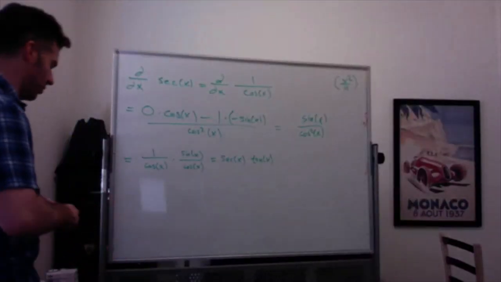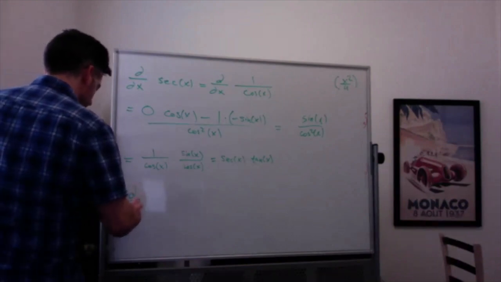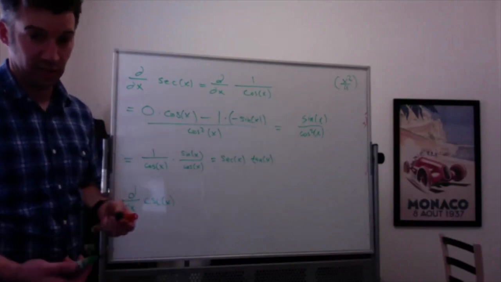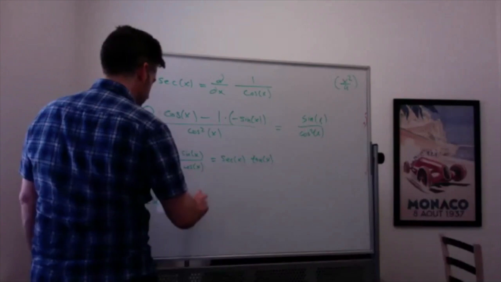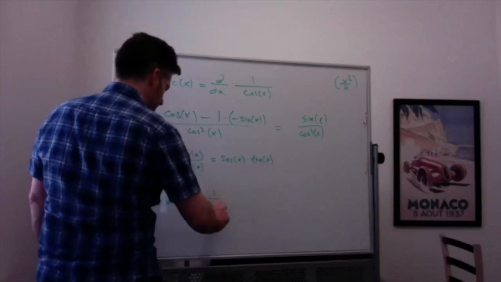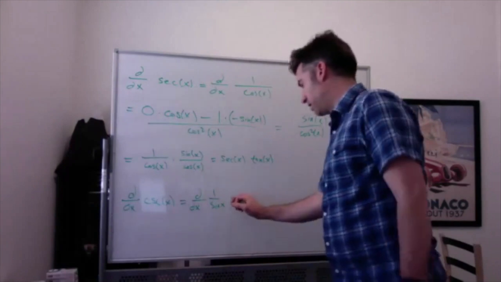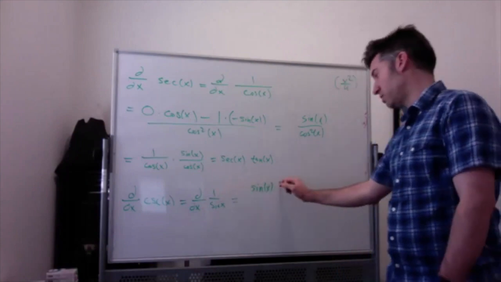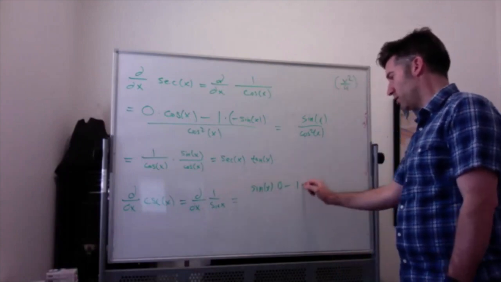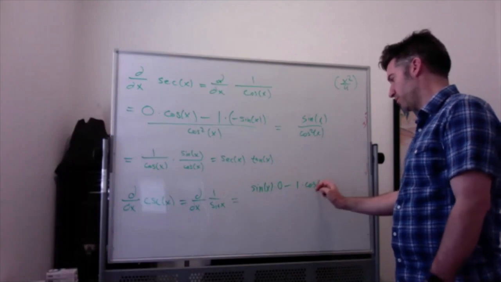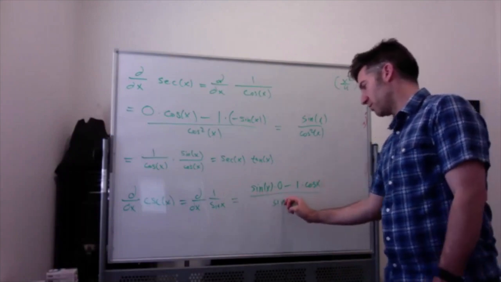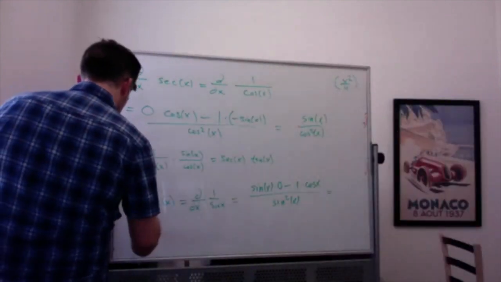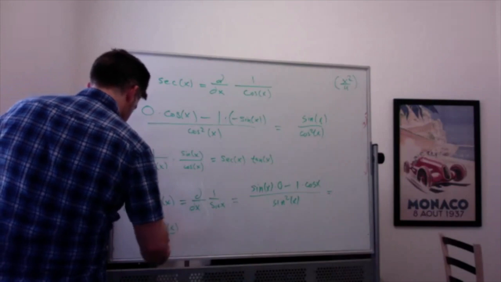So let's do the derivative of cosecant real quick, and we'll say a couple other things. The derivative of cosecant of x, we are expecting it to be negative cosecant x times cotangent x. It's going to be the derivative of 1 over sine of x. And the derivative of 1 over sine is the bottom times the derivative of the top, which is 0, minus the top, which is 1, times the derivative of the bottom, which is cosine, all over the bottom squared, which is sine squared of x, which ends up being negative cosine of x over sine squared of x,